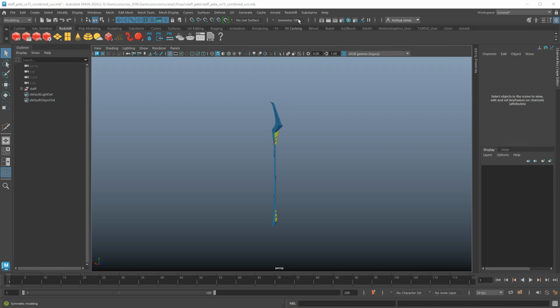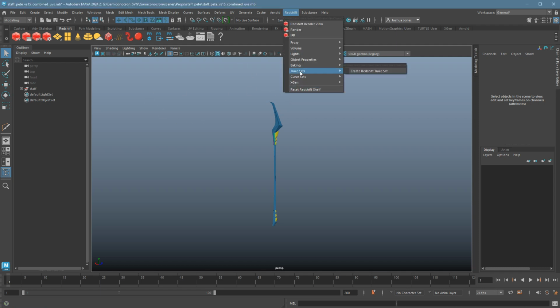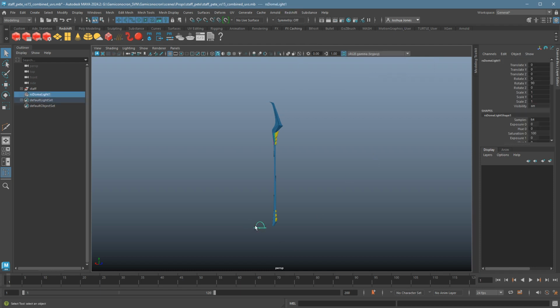So I'm just going to go over here to the Redshift menu, go to lights, and choose the dome light. Doesn't matter how big it is, so I'm just going to leave it as this little bubble on the floor. It'll still cover the whole scene. The image wraps around everything, so I do not believe it matters. I haven't seen it